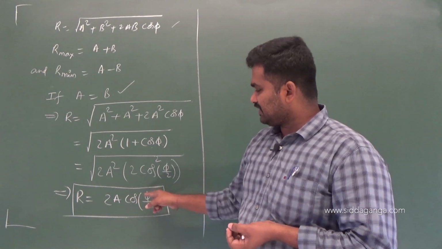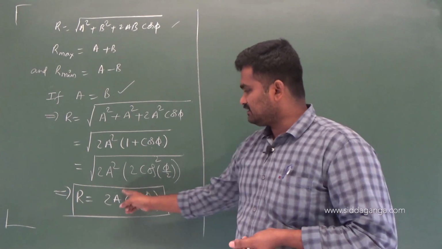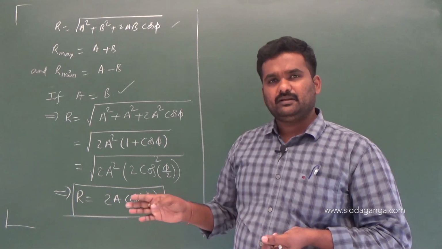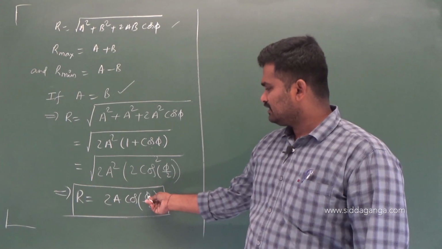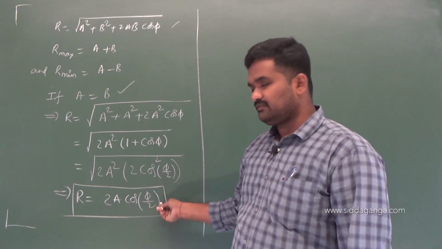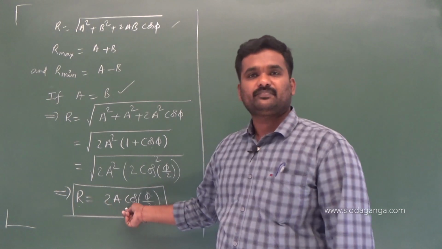So when the path difference is, sorry, phase difference is pi, 3 pi and so on, then destructive. Apart from this 0, 2 pi, 4 pi or pi, 3 pi, 5 pi, if it is pi by 2, pi by 2 means what? Phi is pi by 2 means this will become pi by 4, means 45, cos 45 is 1 by root 2, then you will get some resultant.